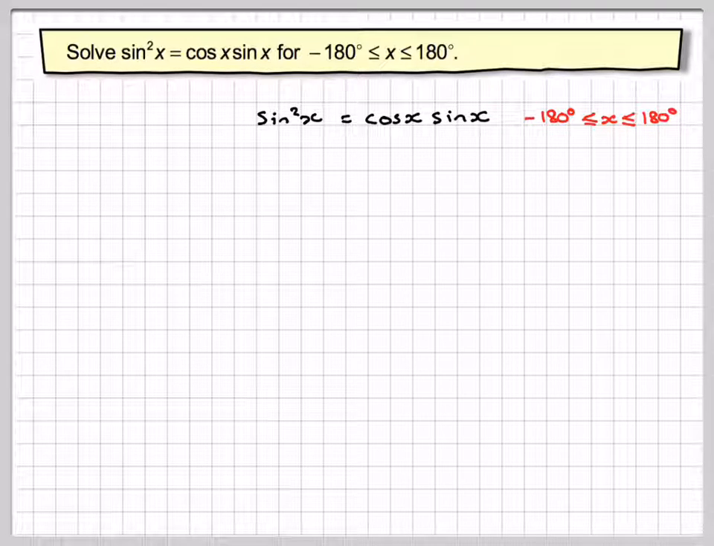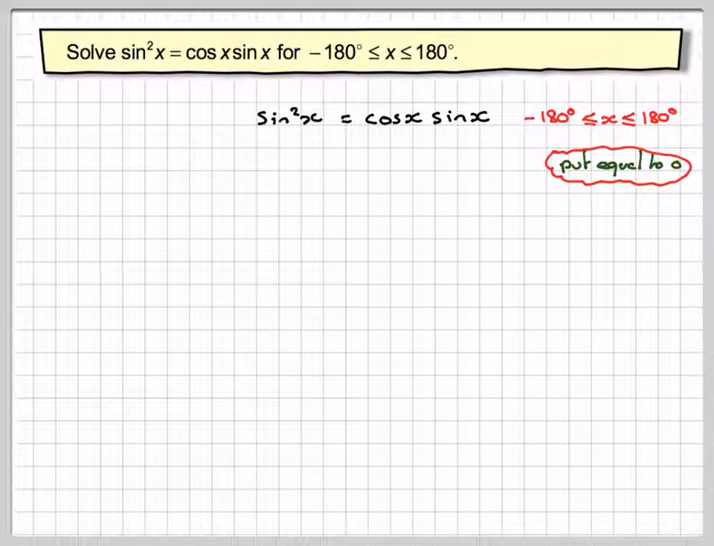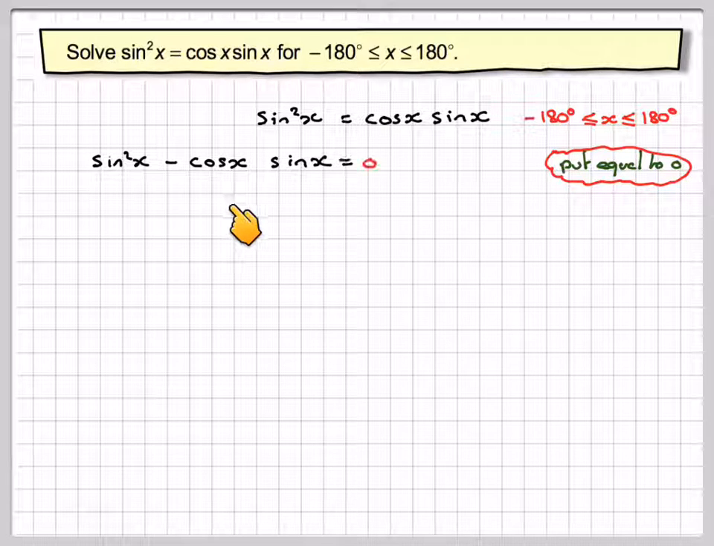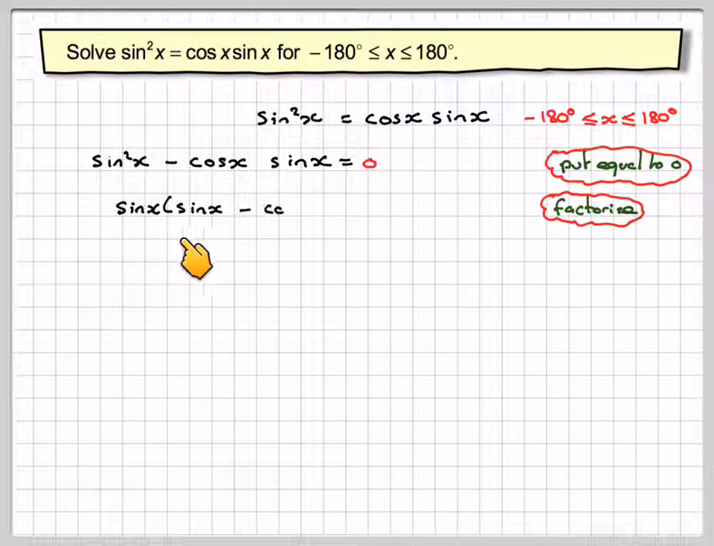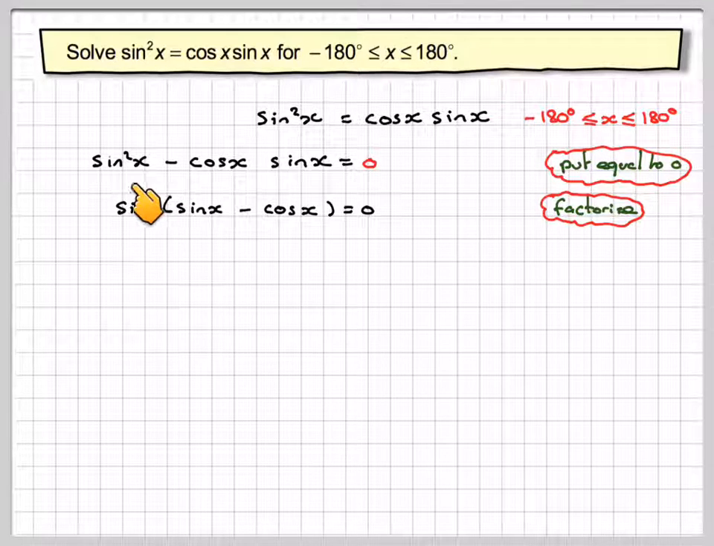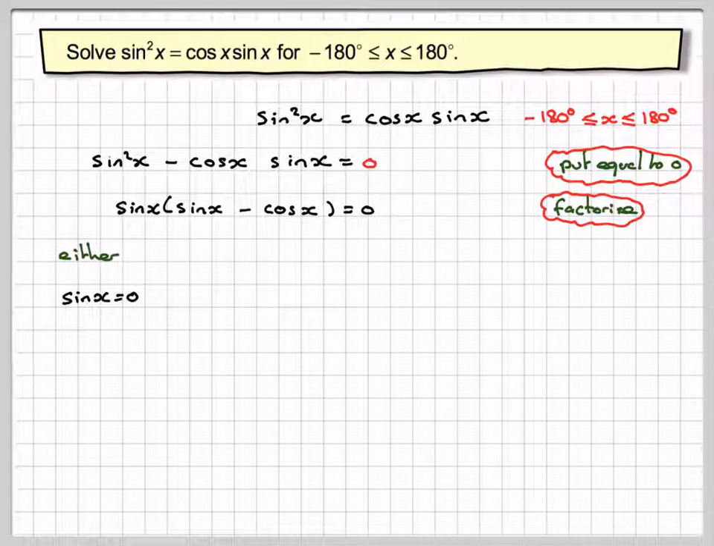Now, the general principle of solving equations is actually to put equal to 0. So moving this over to the other side by subtracting, we get sine squared x minus cos x sine x is equal to 0. And now we look for a common factor. We can see there's a sine times sine here and a sine here. So we're taking out a sine x, and then we're left with a sine x from here and a cos x from here. So either sine x is equal to 0,